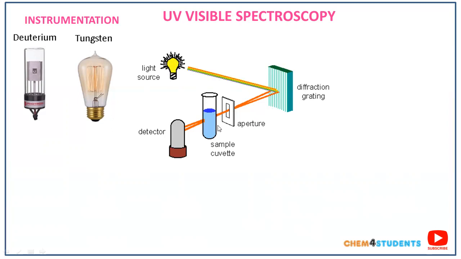So in between the light source and the sample cuvettes, here we have two types of gratings. Diffraction and transmission types of gratings are usually used. These gratings are very efficient components, so they are highly expensive components, and they are used in spectrophotometers. And the aperture is also called the exit slit. Here it will be useful for selecting the suitable wavelengths.